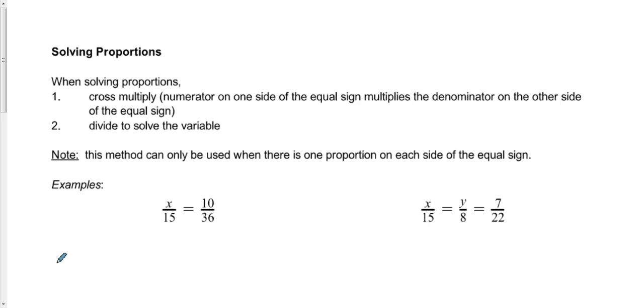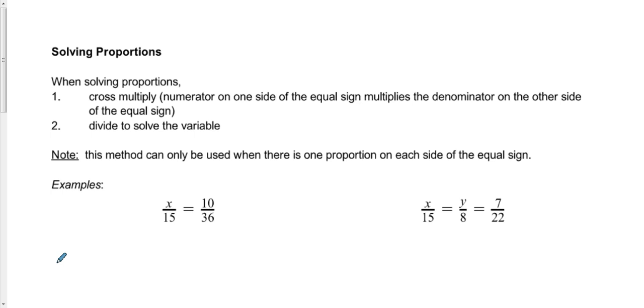We're going to look at solving proportions. Again, the key thing about solving proportions is that you need to use cross multiplying and you have to have one complete fraction. That's where you have the numerator and the denominator for one entire fraction. So you have a number in the top and a number in the bottom for one fraction to make it